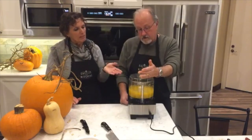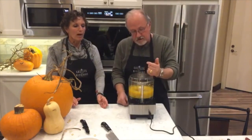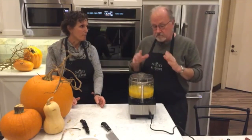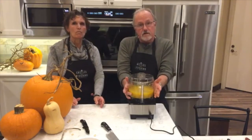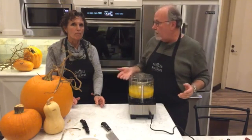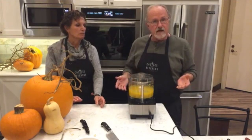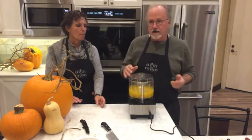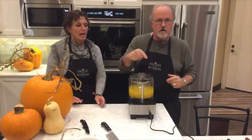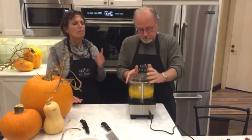And then at this point, this is ready to use in pumpkin bread or pumpkin pie or anything like that. As a matter of fact, if you're going to use it right away, you can go ahead and add your seasonings, your pumpkin pie seasoning. If you're doing a molasses or a maple, you can add all that. Boom, right into the pie crust, which you already have ready. Now suppose it's November 1st, right after Halloween,